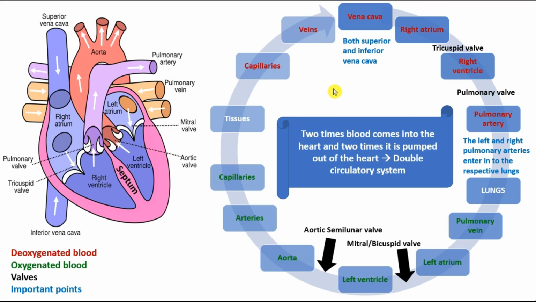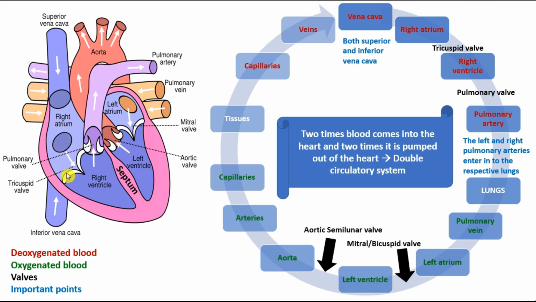After the organs make use of the blood and the blood is full of carbon dioxide, the veins bring it to the vena cavas. There are two vena cavas, the superior vena cava and the inferior vena cava. These are the veins, and both vena cavas end into the right atrium. So the blood is now in the right atrium. This cursor over here, imagine this to be the blood. So the vena cavas empty out into the right atrium, which is the upper right part of the heart.